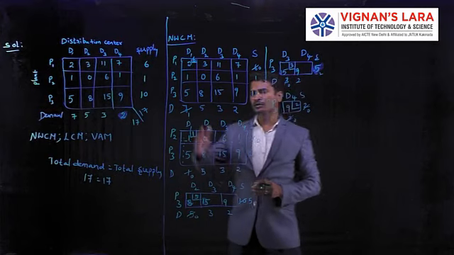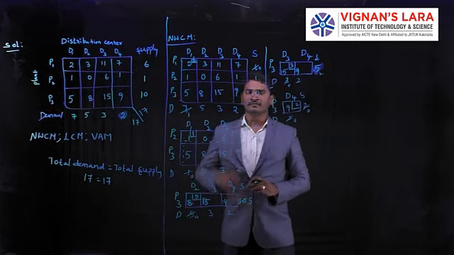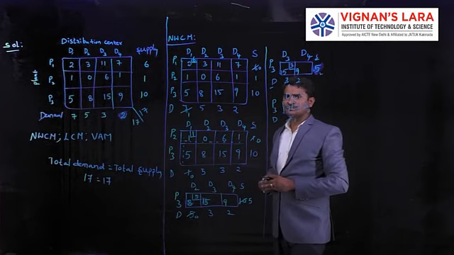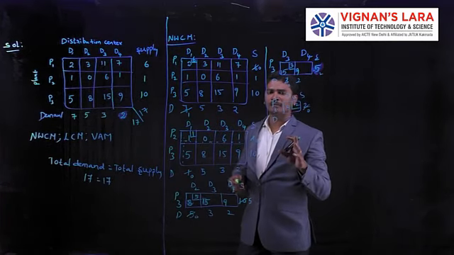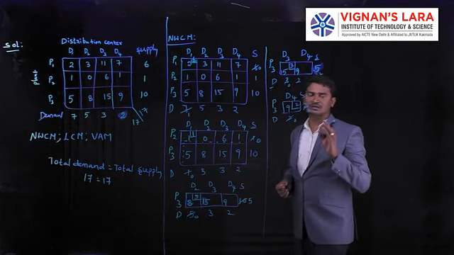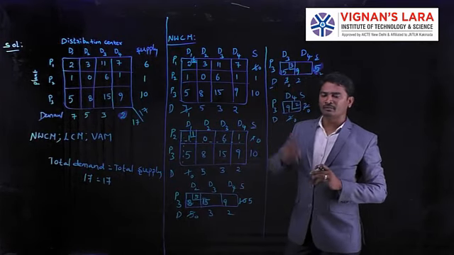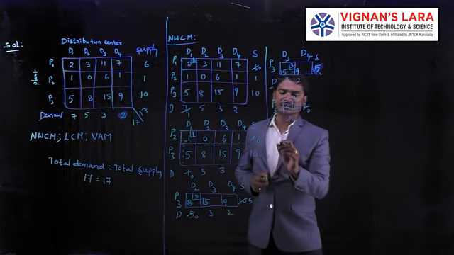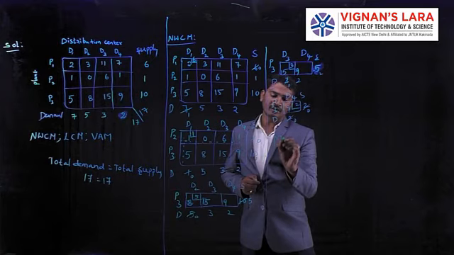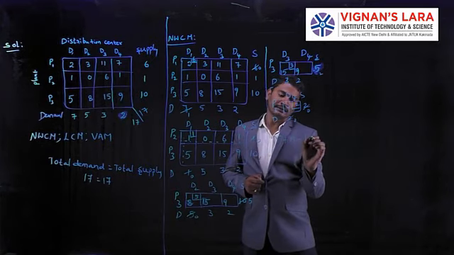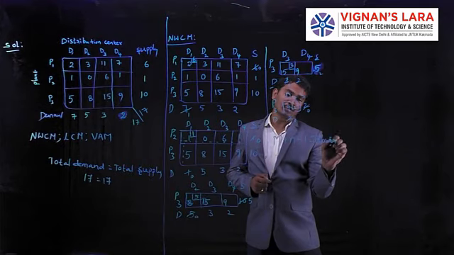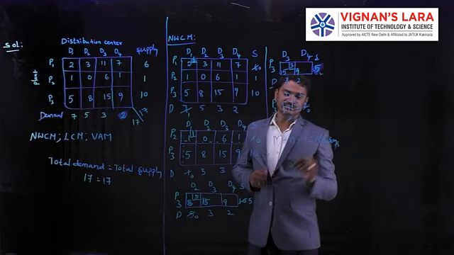Here we have obtained a total of 5 tables. From these 5 tables we are going to calculate the total cost. Before we calculate the initial basic feasible solution, we have to check the optimality. The given problem, whether it reaches optimality or not, we have to check. How are we checking the optimality? With the help of m plus n minus 1 equal to allocations. By using this formula we check the optimality.